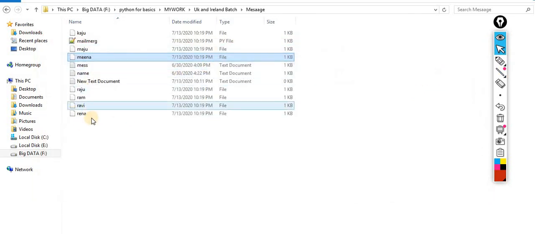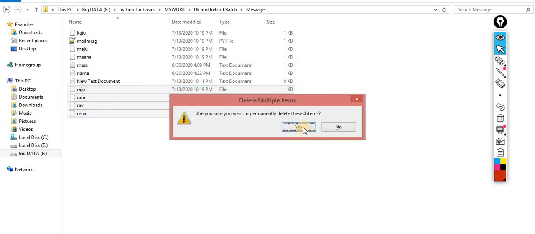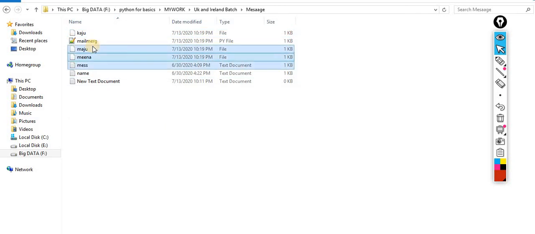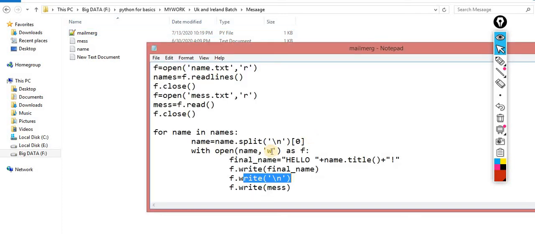This is the concept. Now your question is, sir, how can I change it? No problem. I am deleting all these files. Now your question is, how can we create them properly? The files have been created, but they have no file extension. Don't worry about it, you can convert to .txt. Normally what we did over here was name plus .txt. So you have to implement this. You concatenate it, exactly that, .txt. That's it. Now the file becomes ram.txt.